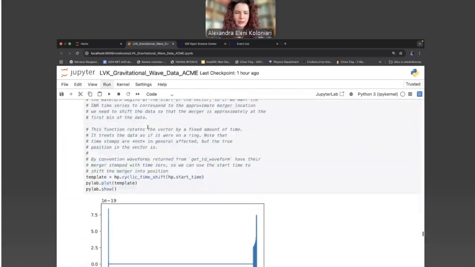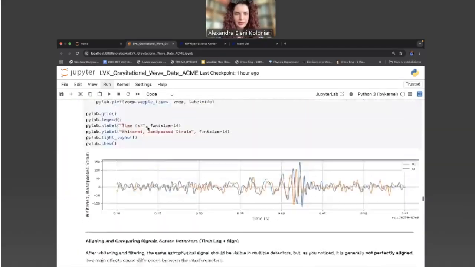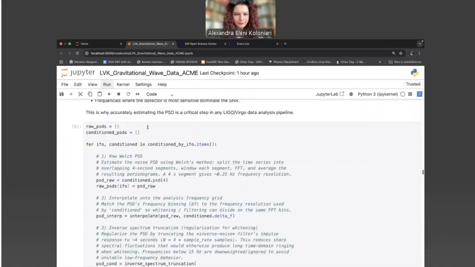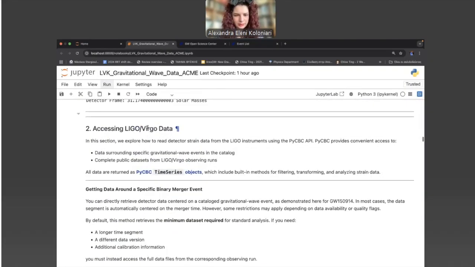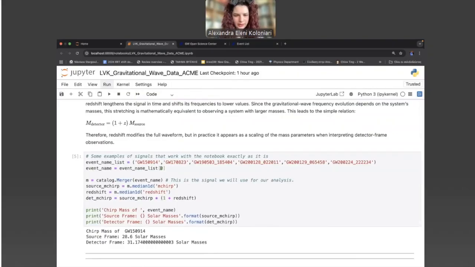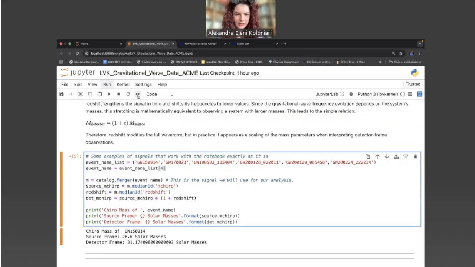For example, we can show an example. Here, let's say that I want this.